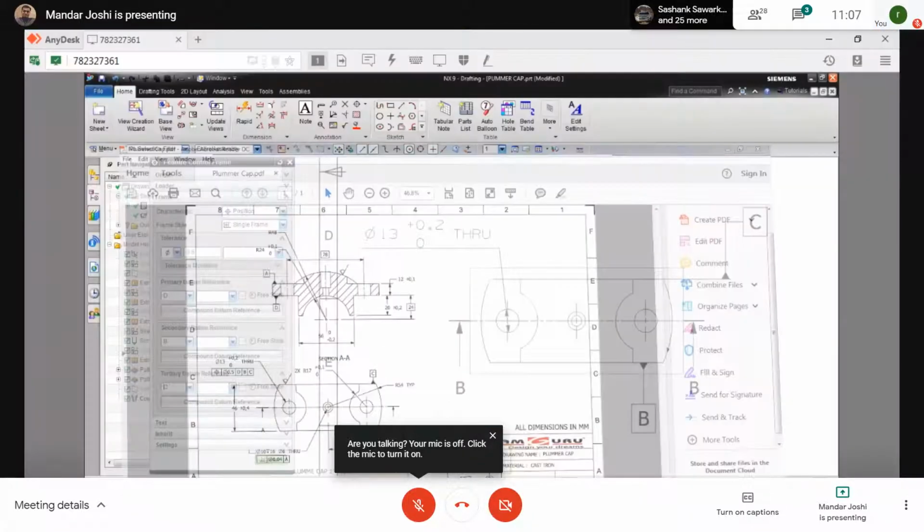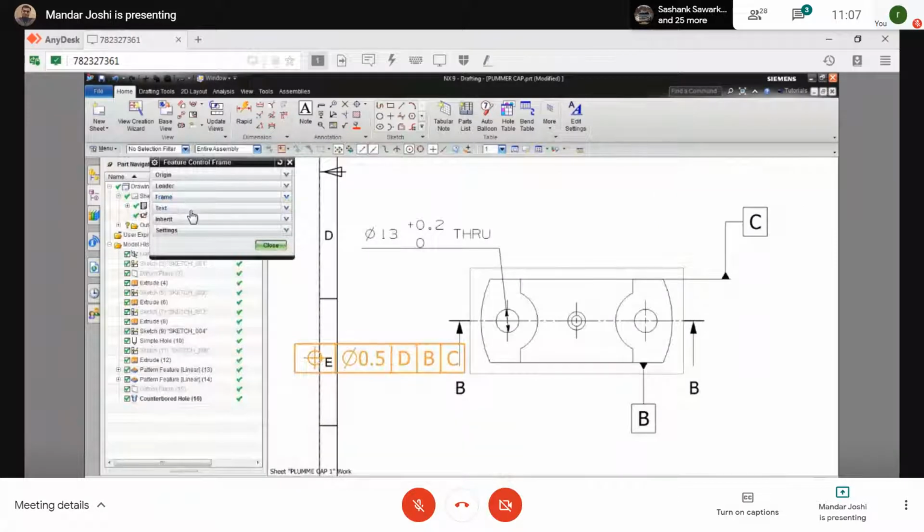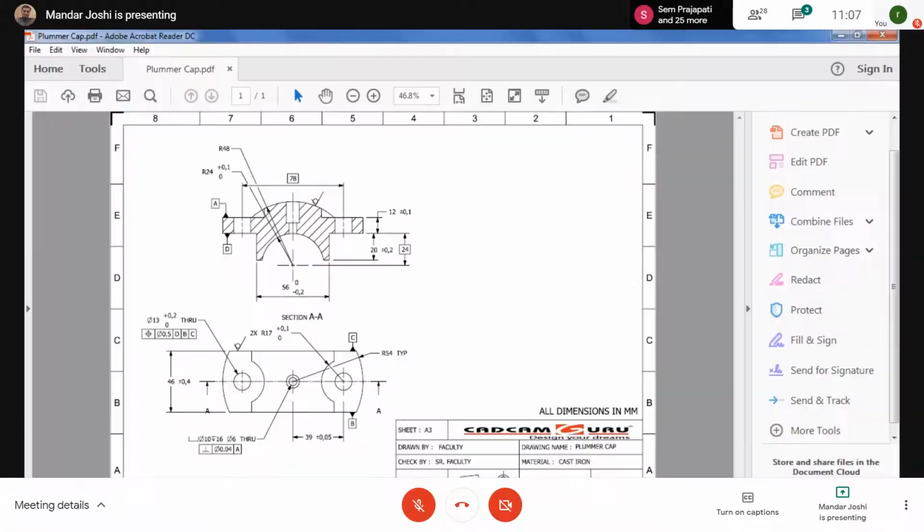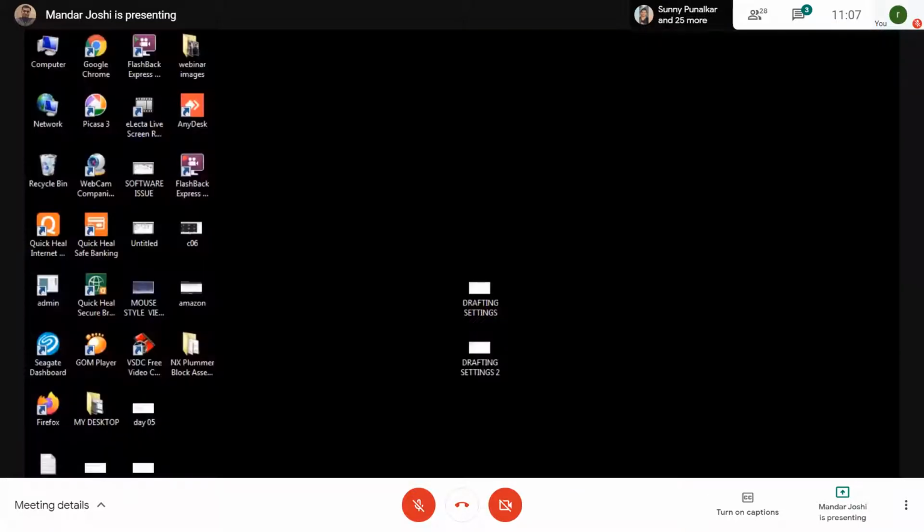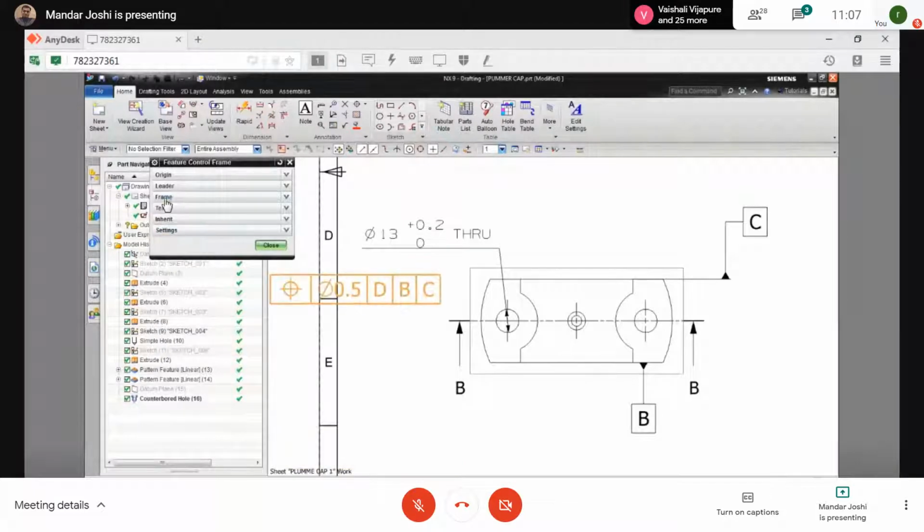Now you have to apply it on the exact drawing. Generally, this position symbol should be attached to the dimensions. If you see, this feature control frame is regarding this 13 size, so you have to attach this frame to this. There is no specific leader line here. So what we have to do, after defining that text, I choose the leader option.